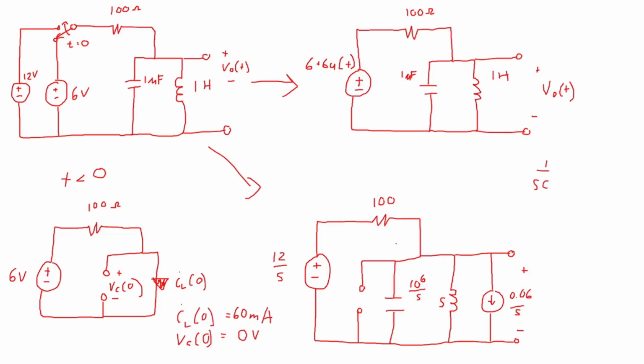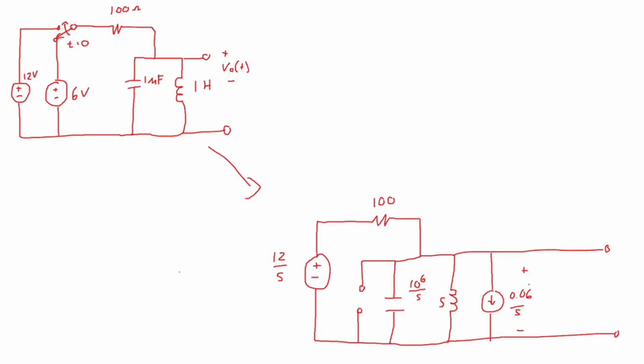But this is not too bad, so it just becomes a matter of writing down this equation, which I will do right now. Oh, but not before I note that this is the V out of S that we're looking for, because V out of T was here. Now after the Laplace transform, V out of S is here. And all we need to do is calculate V out of S and then invert the transform. So writing down our equations, we can just apply a nodal analysis here,